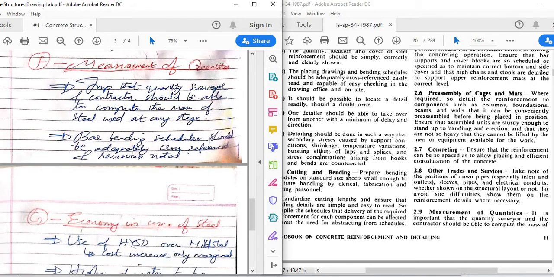Then the bar bending schedule. Hope you know what is bar bending schedule. Anyway, that will come later, but to give you a small summary, it is the schedule of how bars should be bent, how much length should be bent and all, depending upon the detailing that's given for a beam, slab, whatever member. Okay, bar bending schedule will come later. So bar bending schedule should be referenced, cross referenced appropriately, and revisions should be noted.